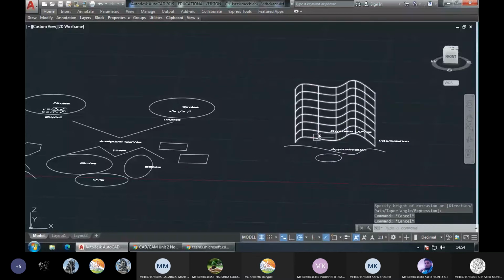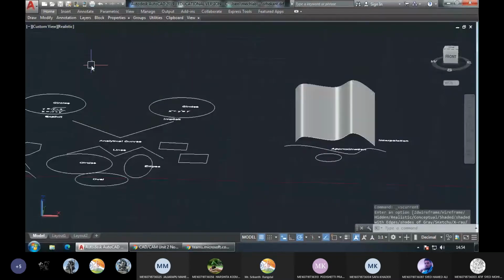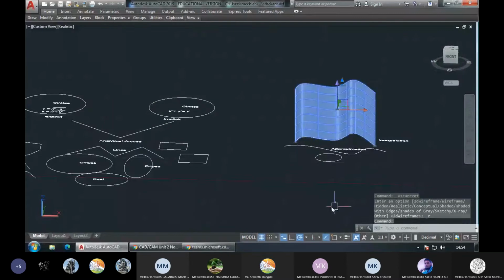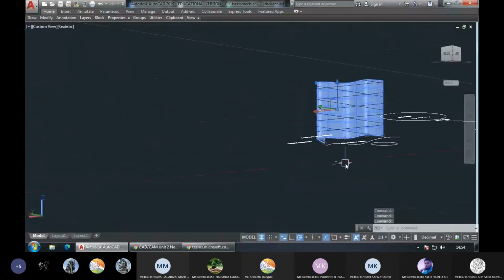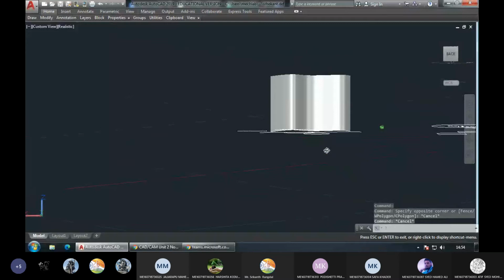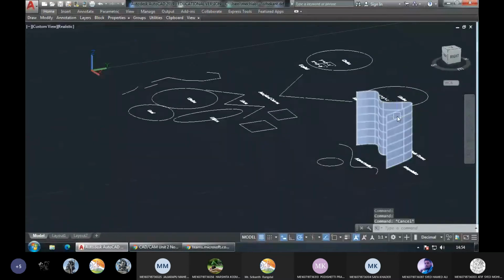Now I have extruded that line, and when I change the shading options from wireframe shading to the realistic shading, you can see this is, what is this? It's a surface. So what is the difference between a surface and a wireframe?